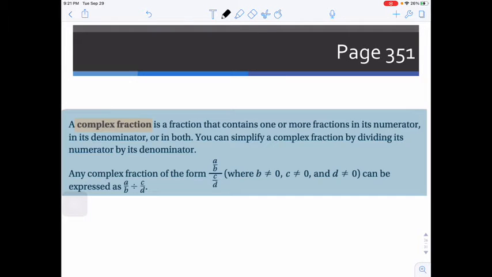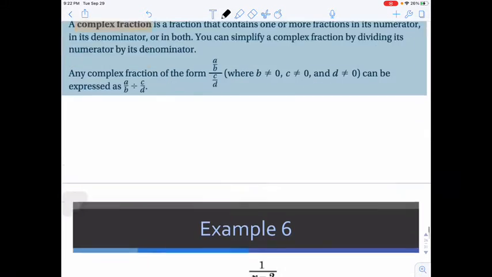Section 5.2, Example 6 on page 351. A complex fraction is a fraction that contains one or more fractions in its numerator, in its denominator, or in both. You can simplify a complex fraction by dividing its numerator by its denominator. Any complex fraction of the form a over b divided by c over d, where b does not equal 0, c does not equal 0, and d does not equal 0, can be expressed as a over b divided by